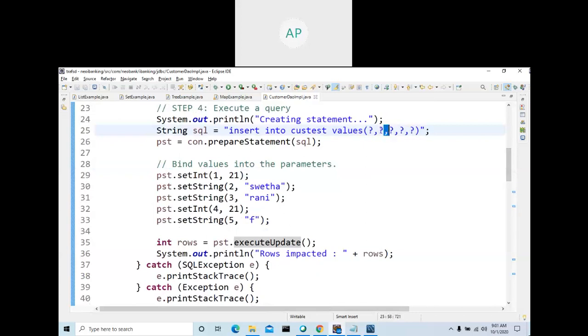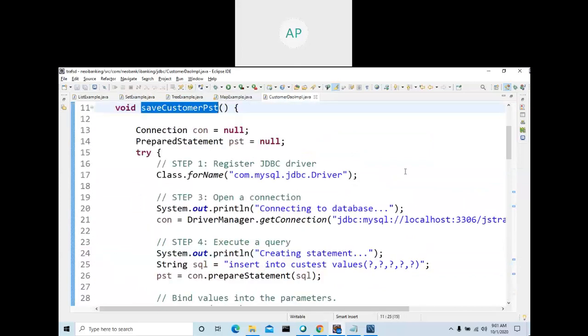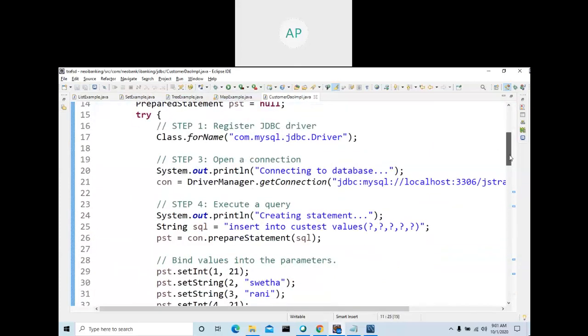So either you can use PreparedStatement or Statement. This method is for the PreparedStatement way of insert. Insert into first values, question marks, since we are adding 5 inputs. So 5 question marks here. So 1, 2, 3, 4, 5. So PreparedStatement and Statement way of inserting.